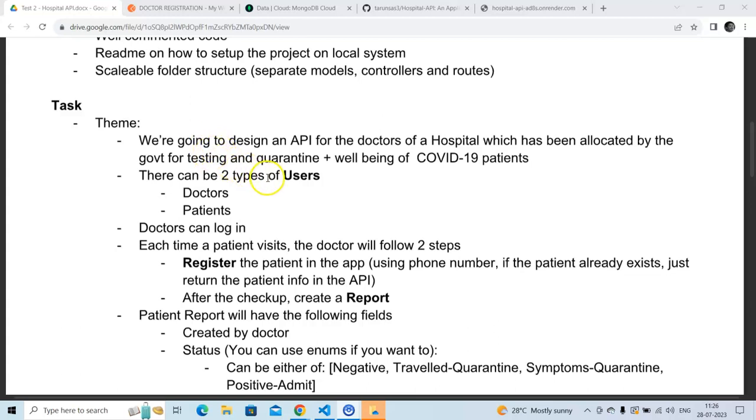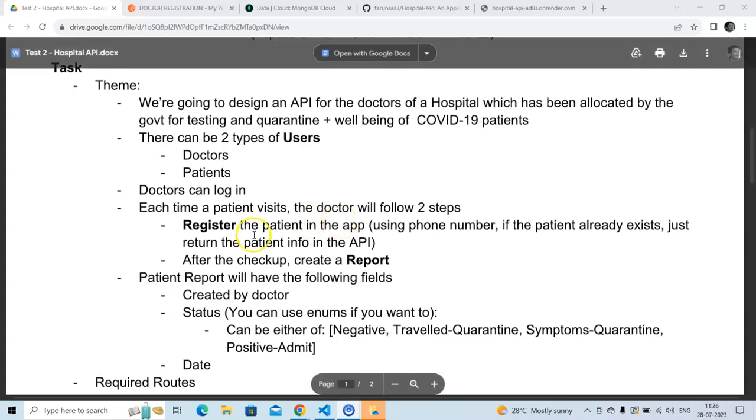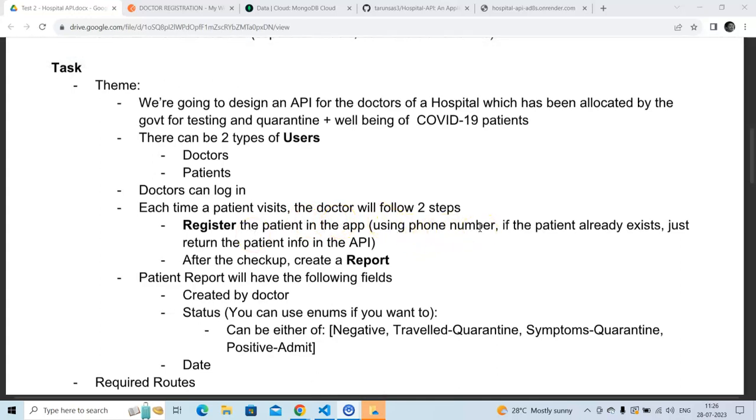Mainly there will be two types of users, doctors and patients, and they have also given what each particular requirement is. The doctor will be able to do two steps, which is check up or create a report, and register the patient using his phone number. They've also given that if you are using a phone number and the patient already exists, we need to